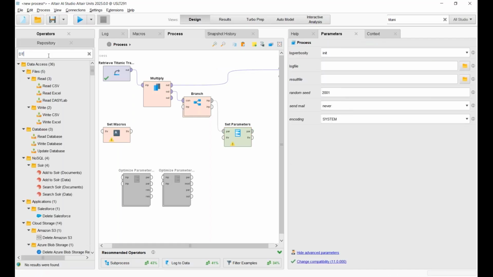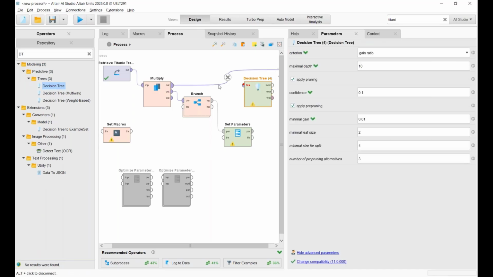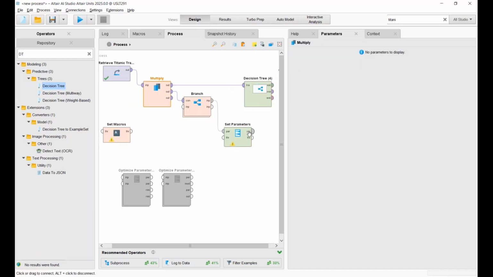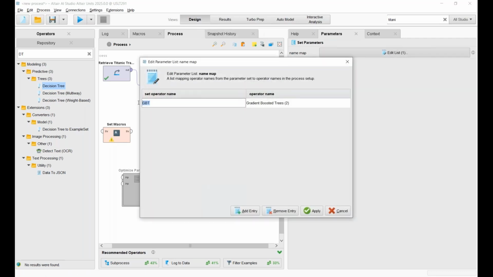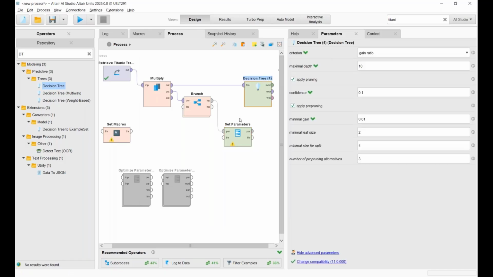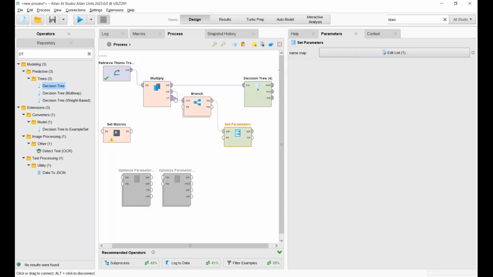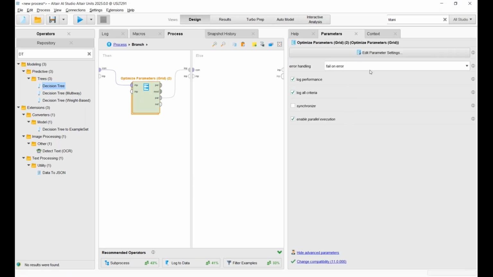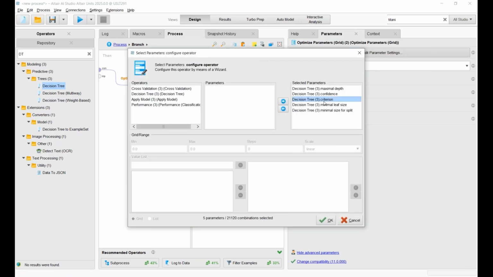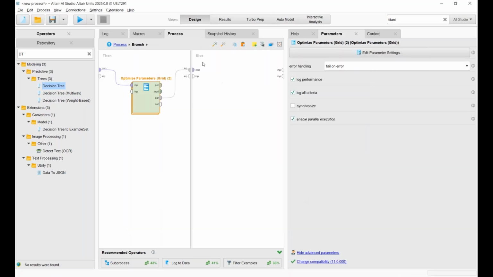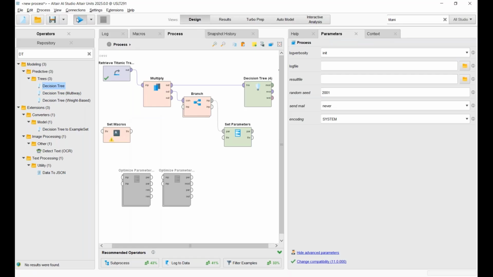I'm going to need my decision tree here. And that should be good. I just need to change this to DT. And I need this operator name. There we go. And if I edit that optimization, I can come in here. I'm just going to remove these guys because they make stuff run a lot slower. So now if I run this